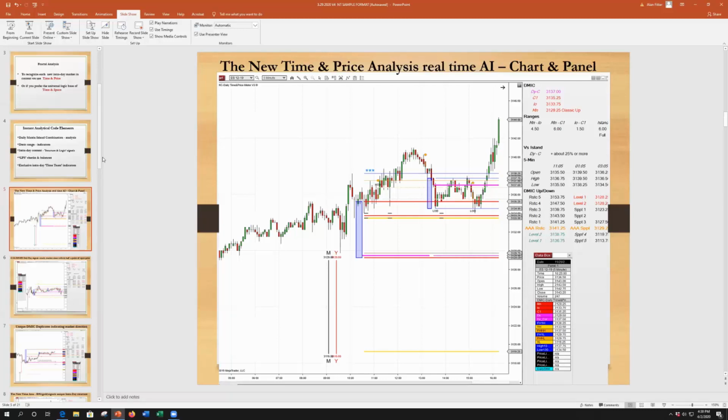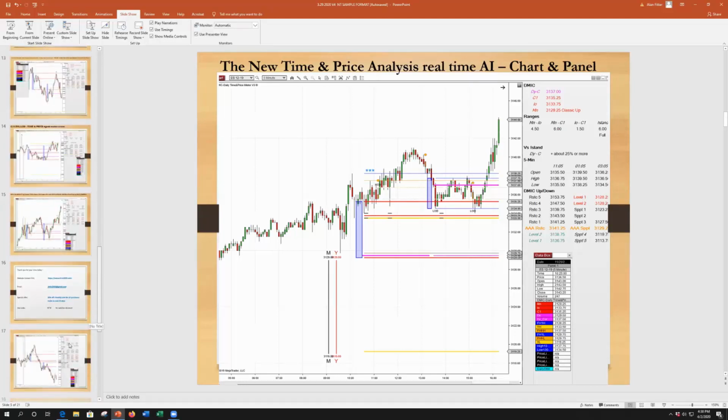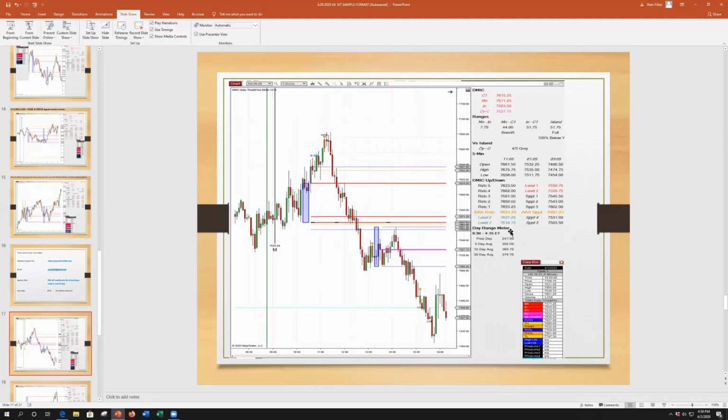I want to go over now to quickly show you the latest addition to the panel. This is a chart of yesterday, actually, 4/1/2020. We've added the day range meter. We were concerned about making sure we understood the average range of each day. And this is the range from 9:30 a.m. to 4:15 Eastern Time. And it shows you the prior day range, the 5-day average, the 10-day average, and the 30-day average range.